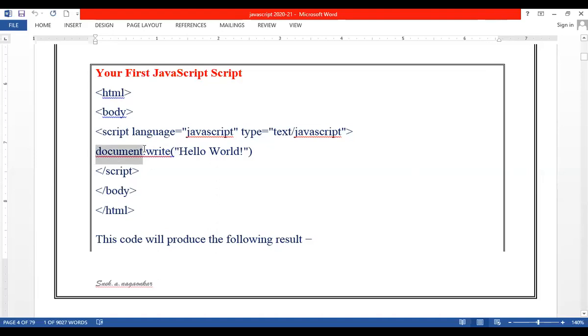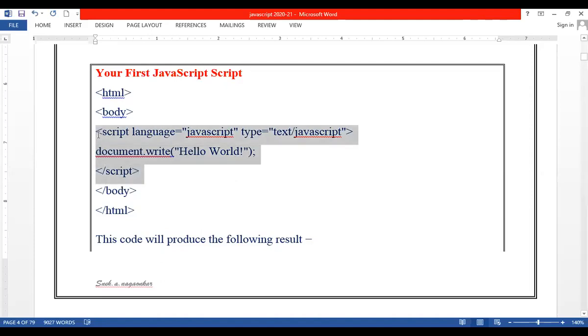So document.write is the proper syntax, written in lowercase, with an open round bracket followed by a double quote, and whatever you want to display, just cover that inside the double quote. Okay, and there should be one semicolon here. Fine, so this is the correct format of writing the output statement. We cannot write it like simple text. Okay, you can also write simple text, but the exact form is document.write.